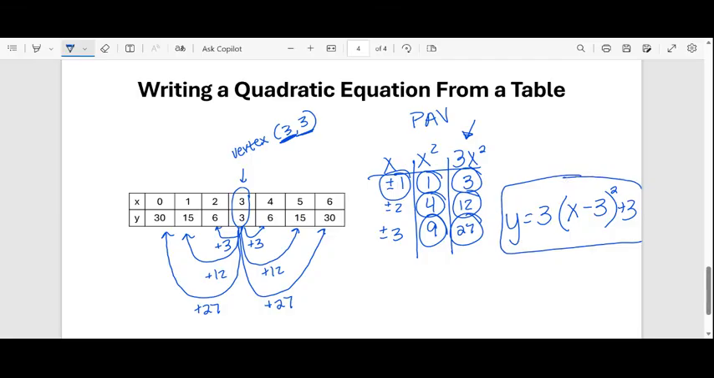But this is how you write quadratic equations from a table. It is complicated to work out, so you'll just have to work on practicing it. And if you're permitted a calculator, my suggestion is to take these equations, plug them into the calculator, and just make sure